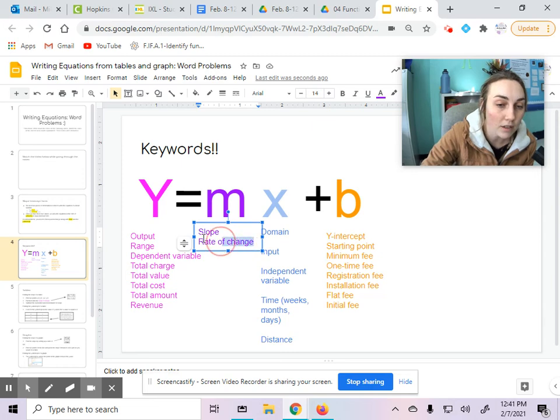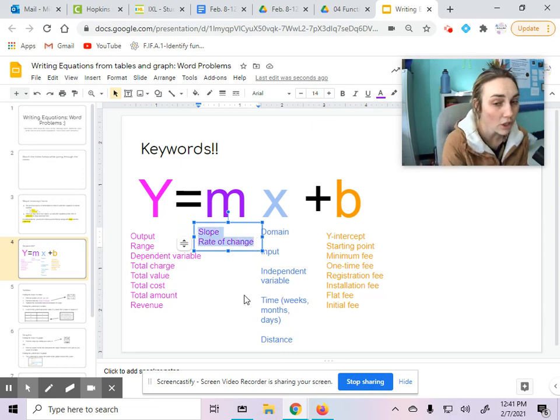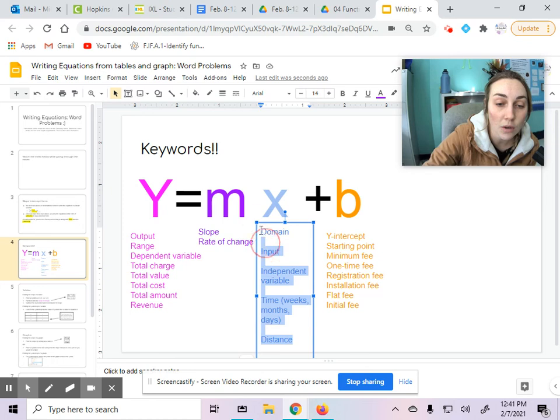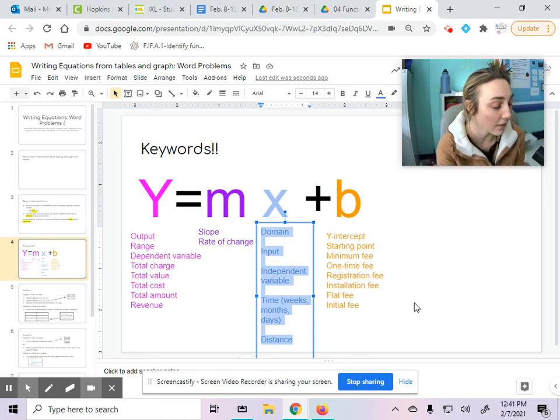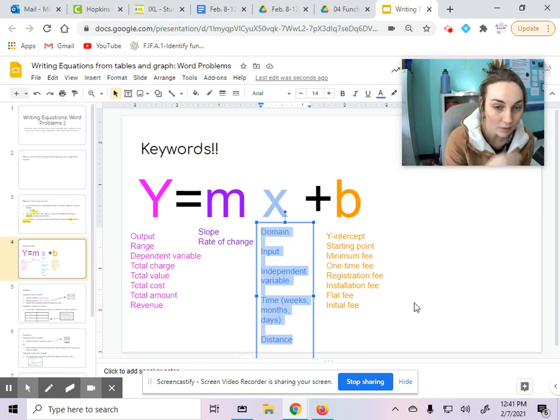Again, M is your slope. Another word for slope is rate of change. X is your domain. It's your input. If you have an X value and you want to plug it in to find the Y value, that's where you put it. It's your independent variable. That means that as it changes, your dependent variable, which is Y, will change. So your independent variable cannot be changed by the dependent variable, but the dependent variable can be changed by your independent variable. What that basically means is what number you put in for X is always going to change your